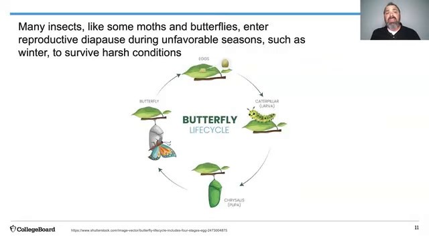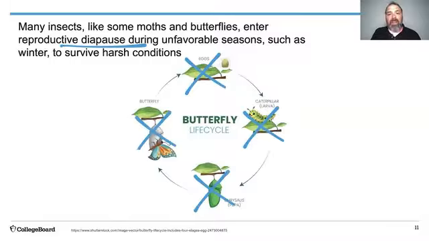Also, in other organisms such as insects, moths, and butterflies, they enter reproductive diapause, which occurs during unfavorable seasons. So winter, or drought, when conditions are harsh. Again, they're not going to waste the energy. They can't afford to waste energy reproducing when they have to take care of themselves. So no energy is available, right? Because of diapause, they're not going to lay eggs. They don't have eggs, so they're not going to create that larva. The larva is not going to become a pupa. The pupa is not going to become that adult butterfly. And so again, this is a way for those organisms to conserve energy.